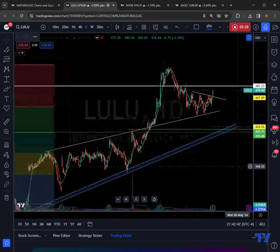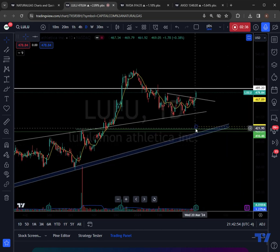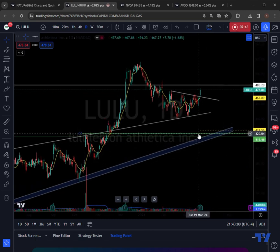So I think it's safe, based off of other market fundamentals at the given time, whether the market is weak or strong going into this fall, I'm looking at an accumulation range between 420 here to about